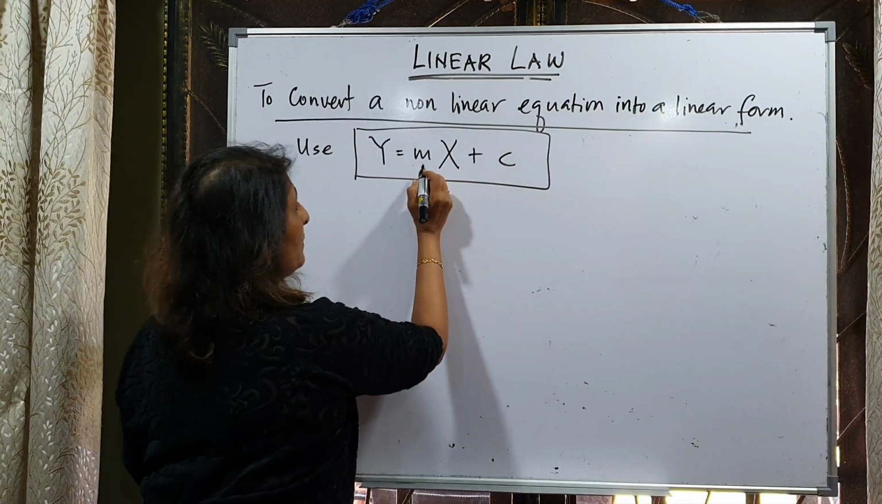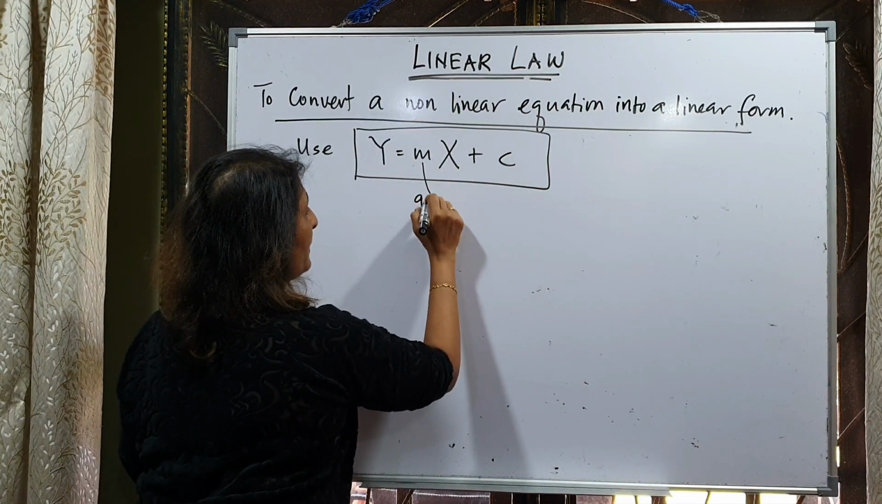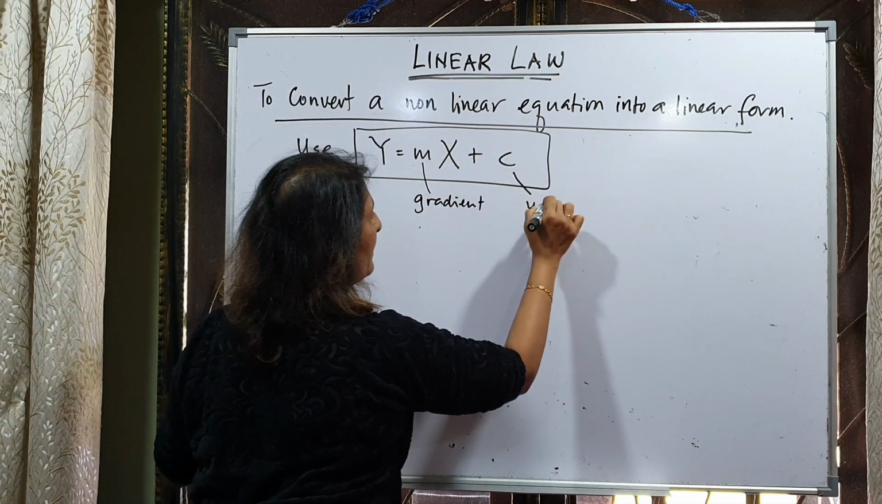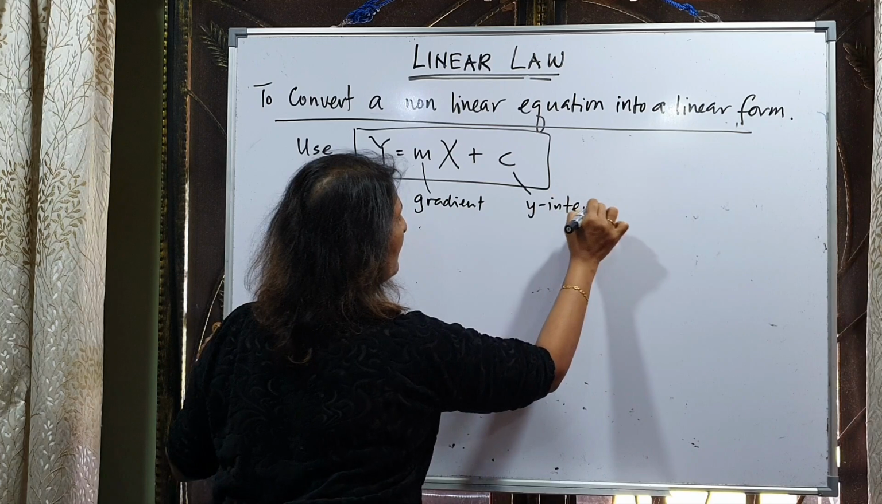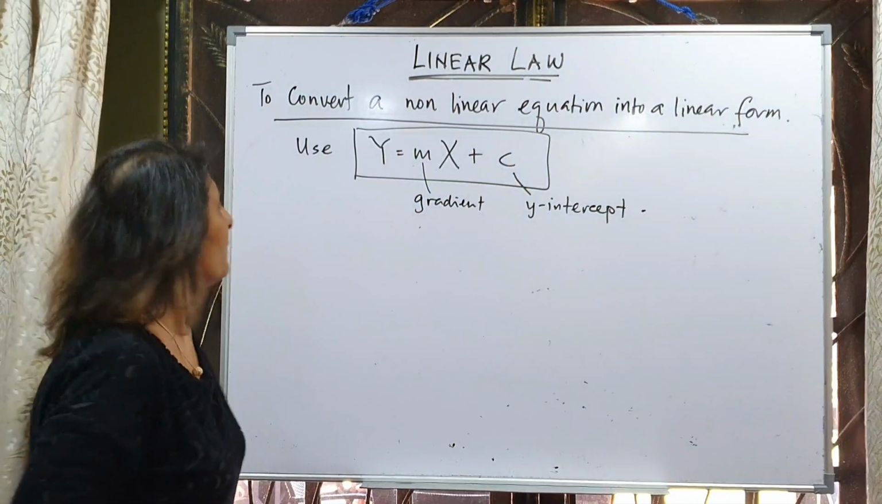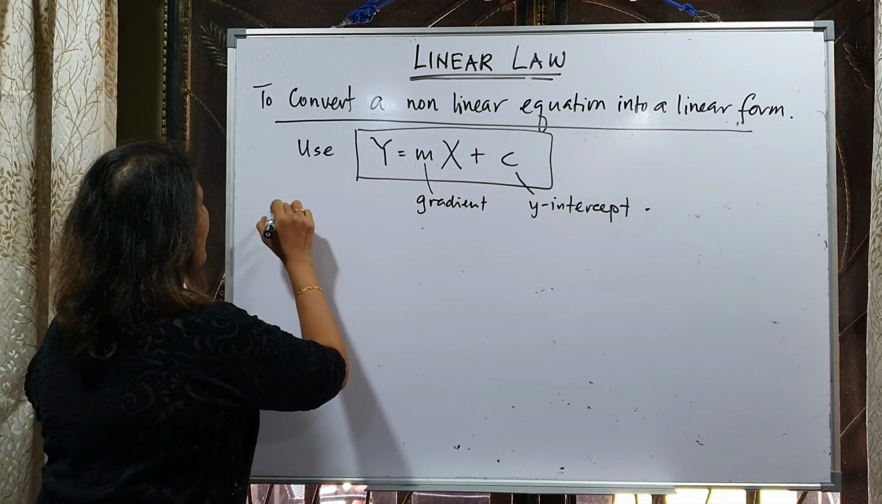Everybody knows what is m? It is the gradient. And what is c? It is the y-intercept. Okay, this is a linear equation, right? Now, note that